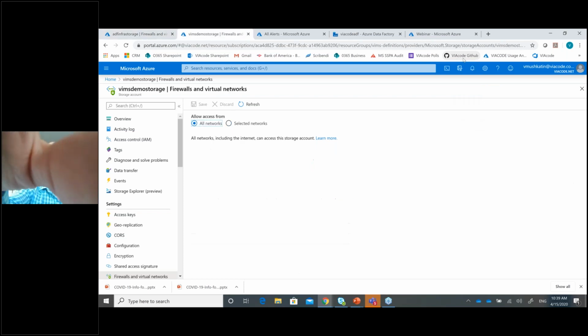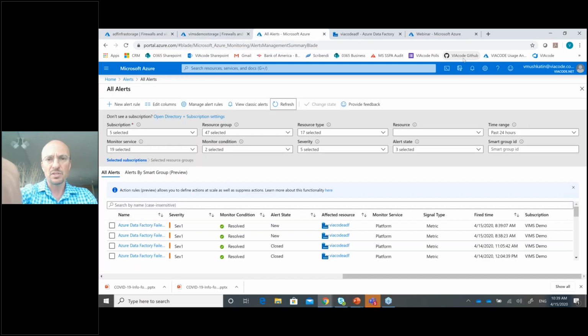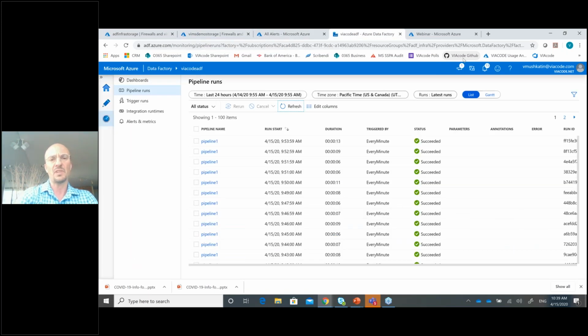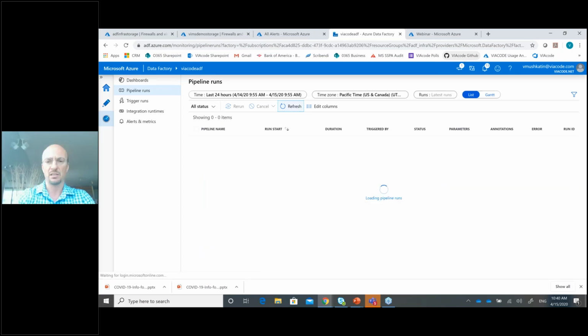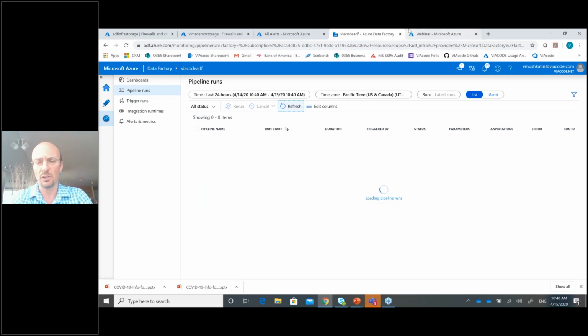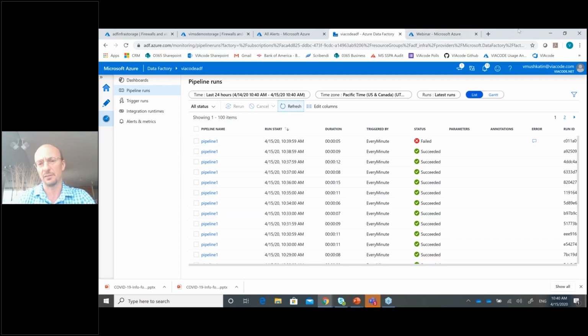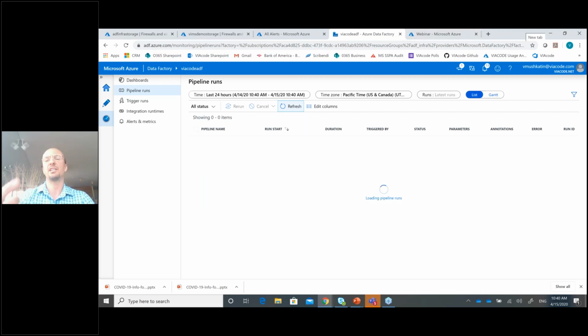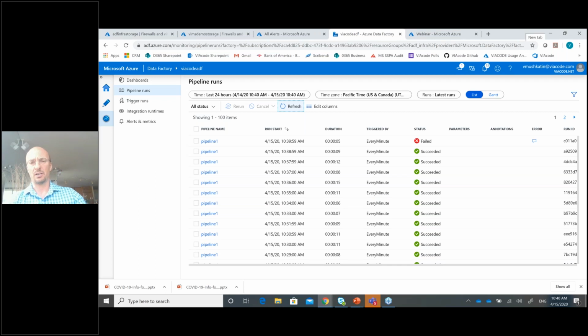This is my destination table, and this is my Azure Data Factory runs, and as you see, right now it's running correctly. So let me see. Okay, now as you see, it started failing. I will now wait until Azure creates an alert, and the alert gets escalated to VIMS.